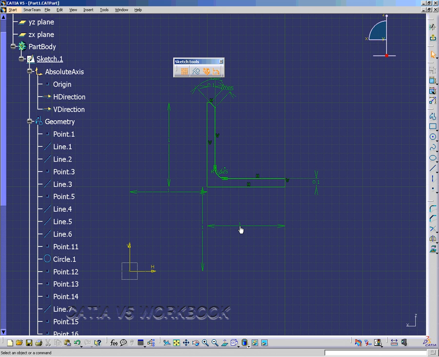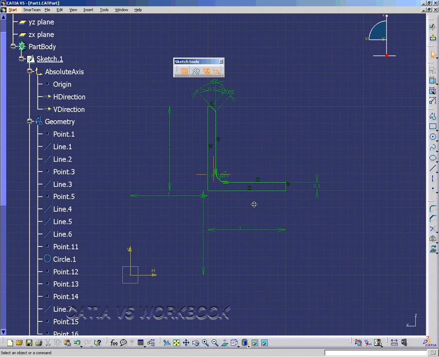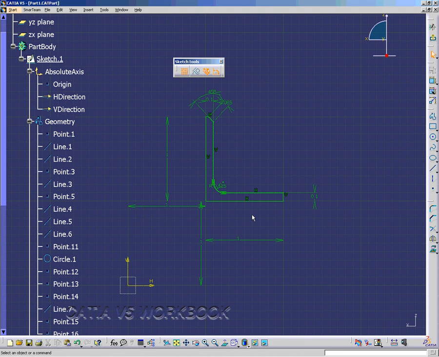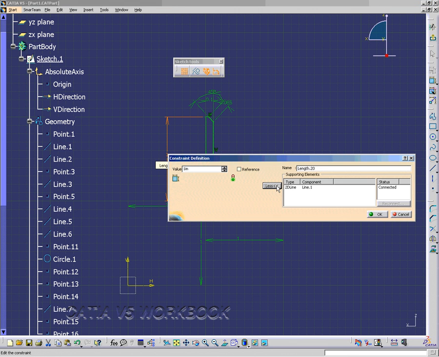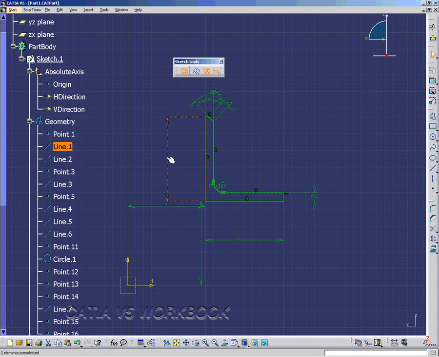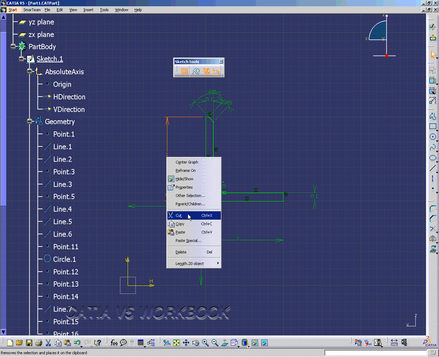Click line 1 and line 3, constrain it to 1 inch. Notice that this constraint only consists of the length of line 1, and it's connected. Now I'll delete this and show you that you can actually